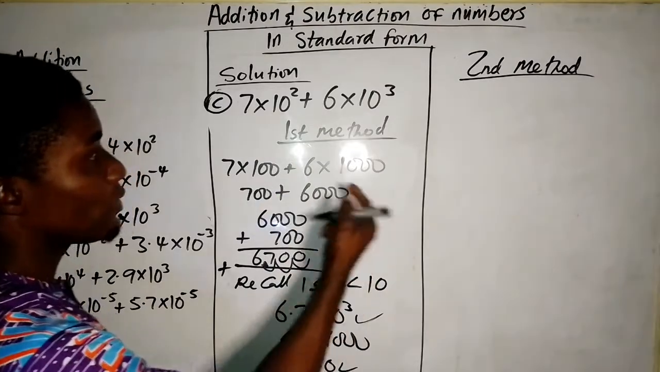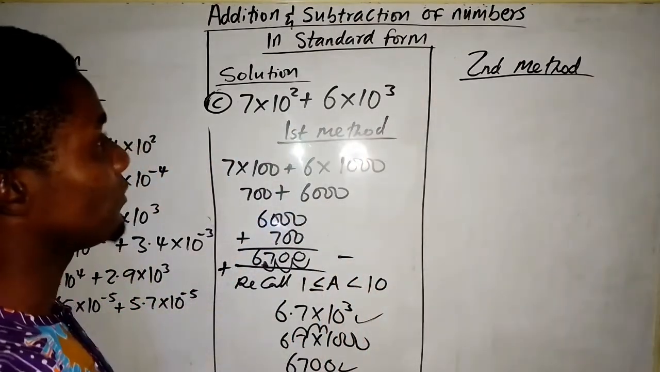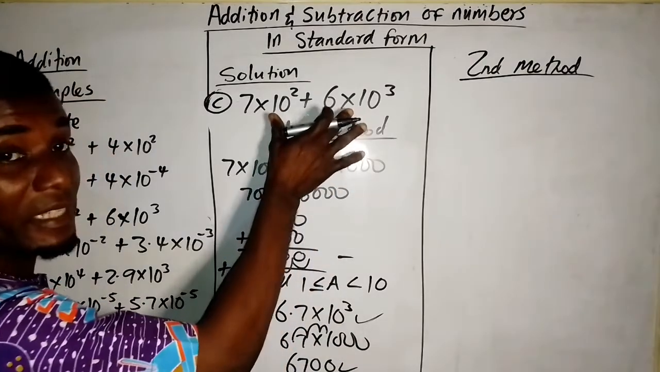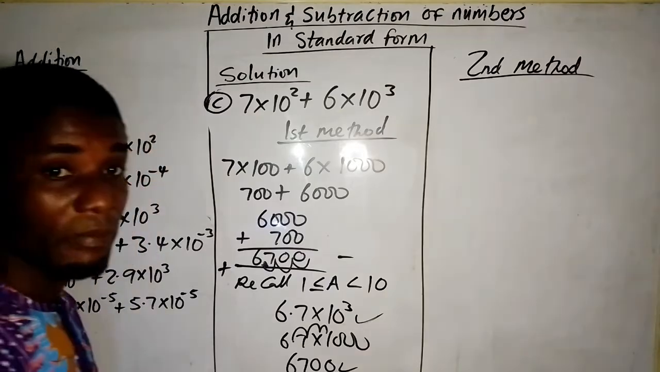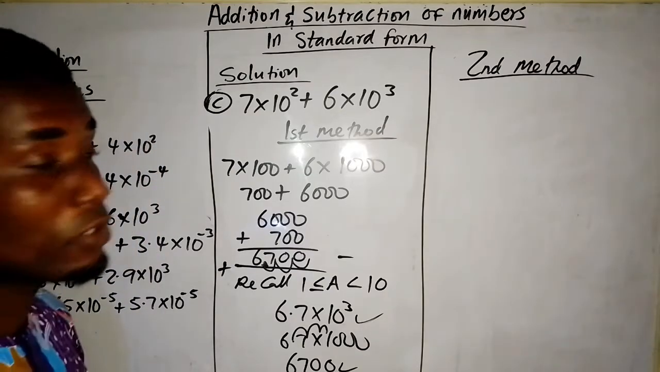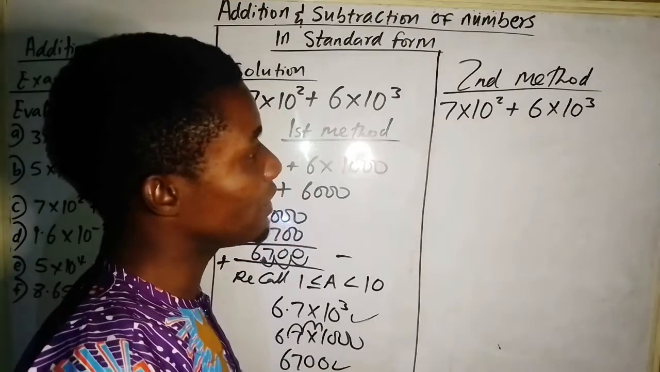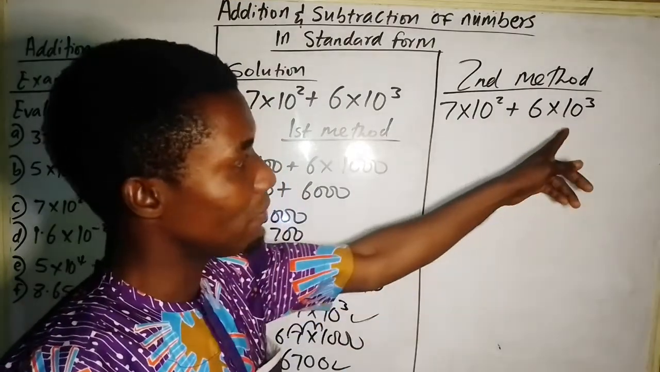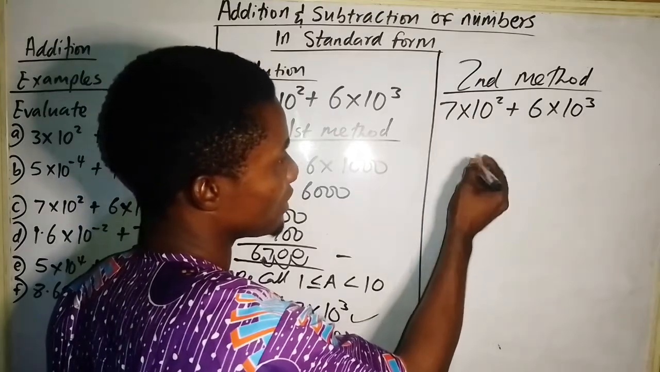Now let's use the second method. Looking at these numbers, they don't have anything in common. The bases and the exponents are different. So all we need to do is to adjust our base to be the same. Now let's change this base and exponent to be the same as the power of 3. Now let's adjust this now. So to adjust this, we'll be having